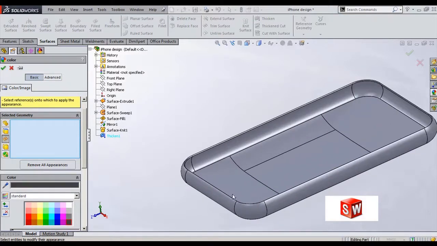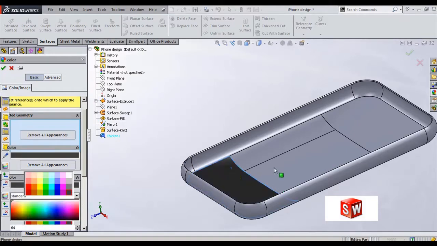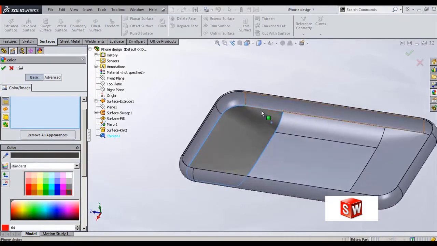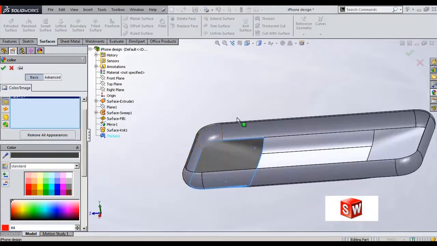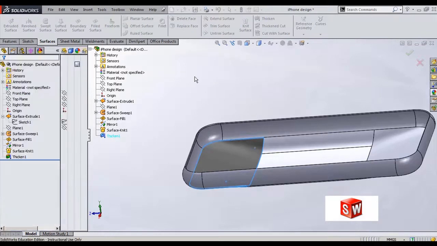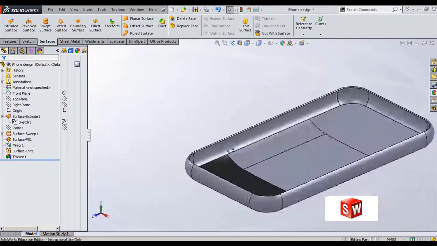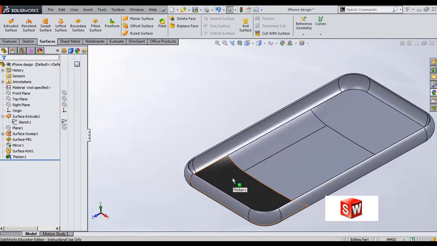These are the sheets I would like to apply color: faces, this face, and on this face also it is required. So what I will do at this face. But here if you see, we are able to apply only on this sheet. If you want to really make it on this sheet also,